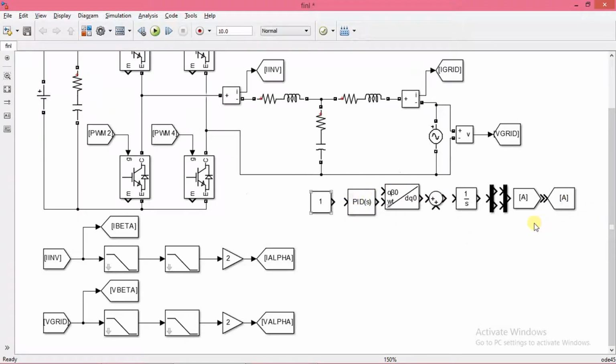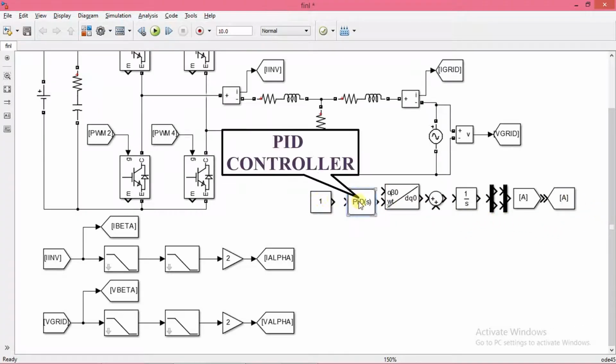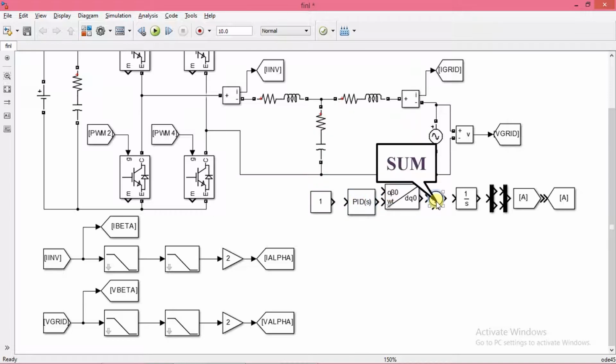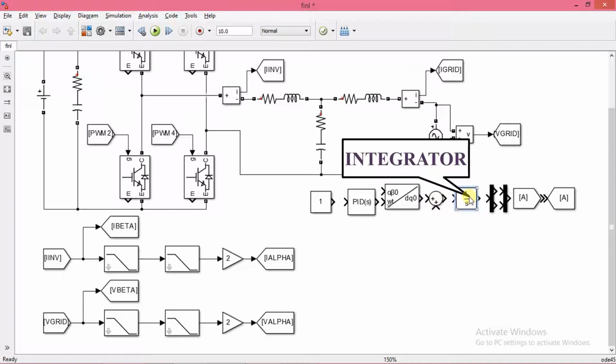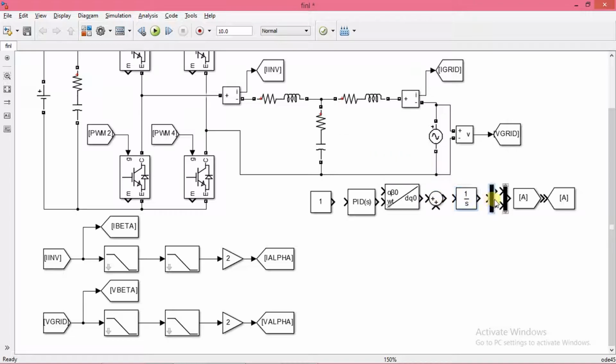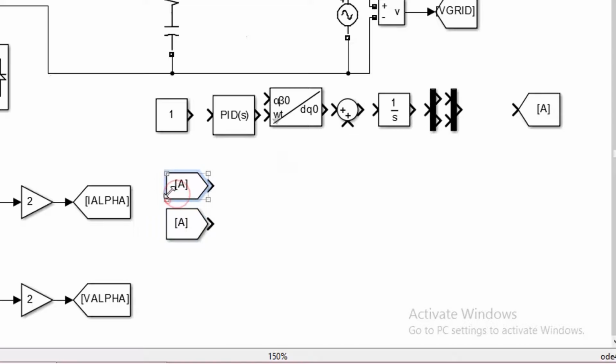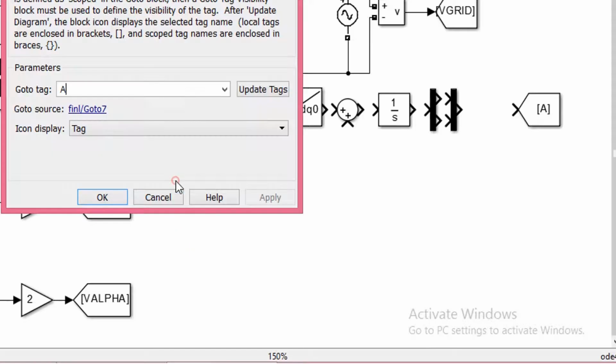These are the required blocks. First we connect the PLL blocks. V alpha and V beta are the inputs to PLL.